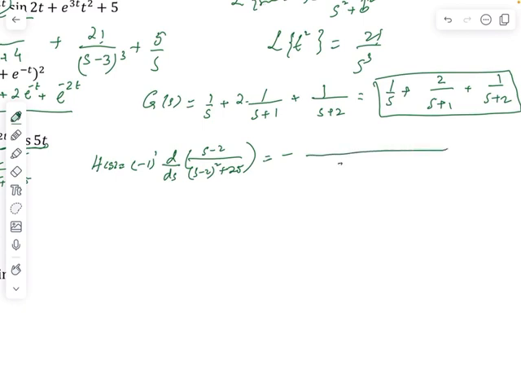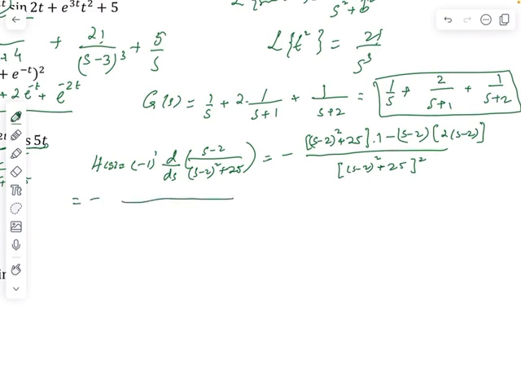It will be (s minus 2) whole squared plus 25 at the bottom, whole squared. And then on the top, (s minus 2) whole squared plus 25 times the derivative of s minus 2, which is 1, minus (s minus 2) times the derivative of the bottom, which is 2 times (s minus 2),